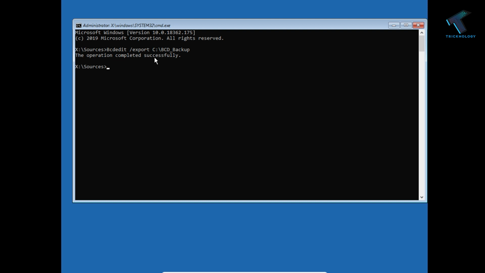The next command is attrib, space c colon slash boot slash bcd, then space, then minus h space minus r space minus s, then press enter from your keyboard. And after that you have to put this command called ren, and after that space and then c colon slash boot slash bcd, then space bcd.old,